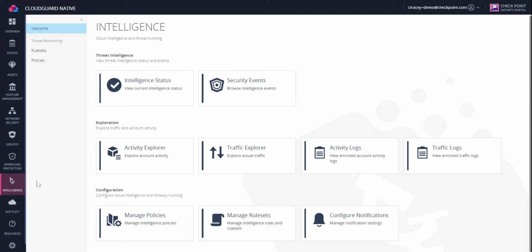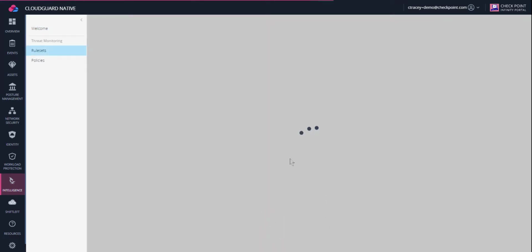With the newer improved intelligence menu now, we have a central set of shortcuts that will allow you to quickly move and examine the areas of concern, whether it is the dashboard where we get started, that is the first screen that we log in and see and that we can customize, to the events, as well as a traffic explorer, both in a smart log form and in a visual clarity like form that you may become familiar with in the network security portion, as well as being able to configure policies, again, like you did in posture management, modify as in manage those rule sets, and as well as configure